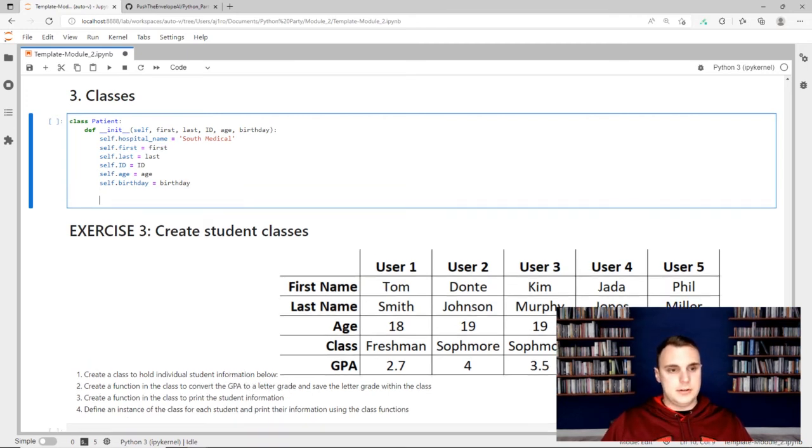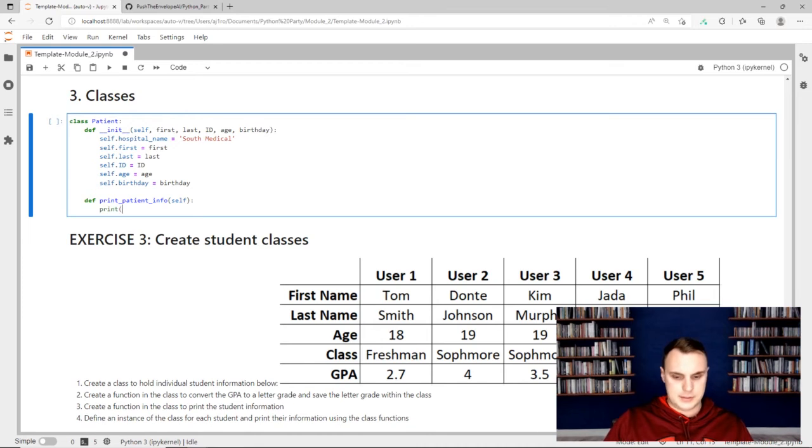And what I'm going to do is define another function, maybe to just print all this out. So print patient info. Again, if you're defining a function within a class, you need to pass self. In this case, I don't need to pass all of this information because it's already stored in self. So that is one of the benefits of doing it. You can pass something in here, maybe that's not already in the class, but for this case, we already have everything. So I'm going to say print,